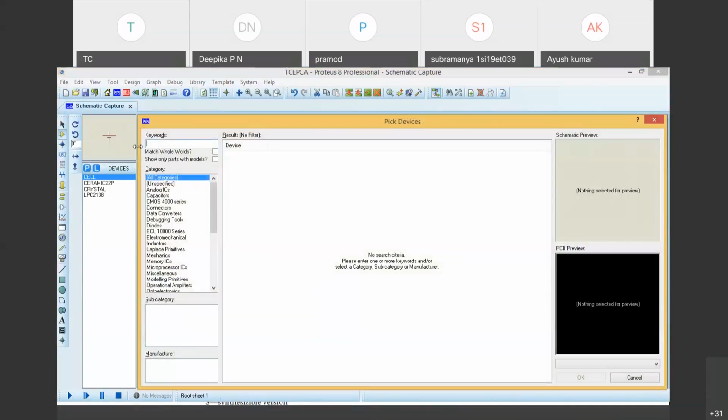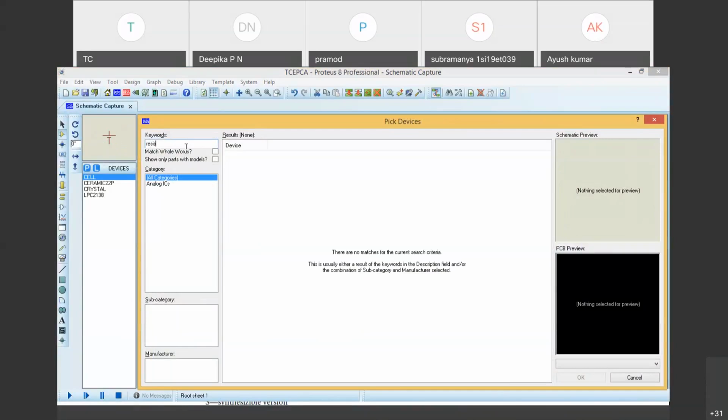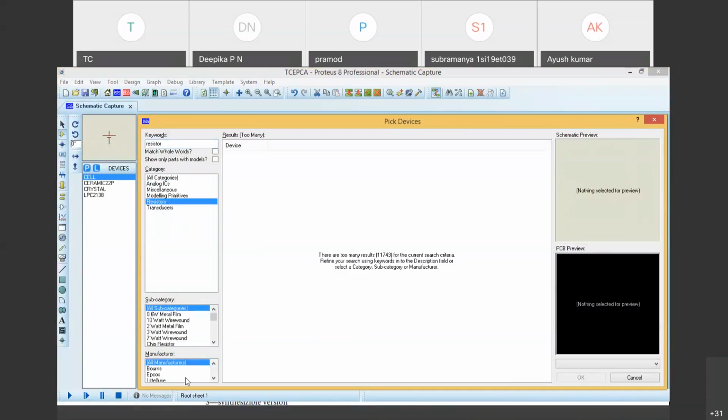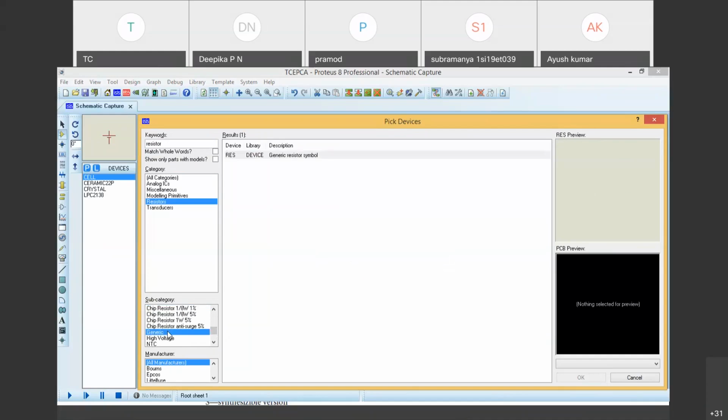So I'll just type resistor. I'll take resistor. There is a resistor option here, click here. In that you can observe the different types of resistors. Okay, I'll select generic resistor. Usually the default of 10K will be there.